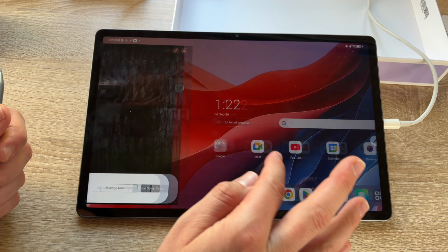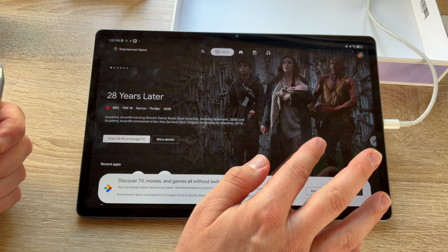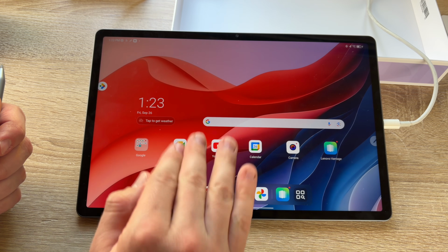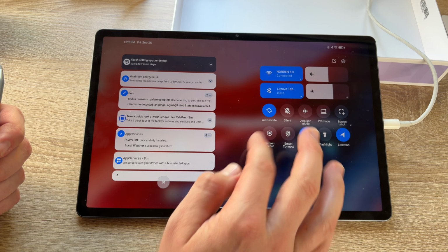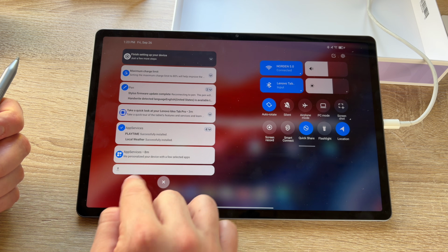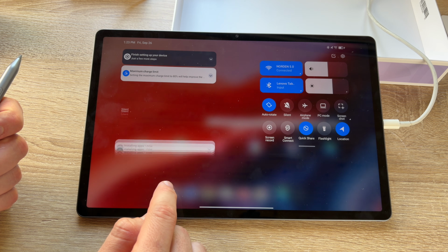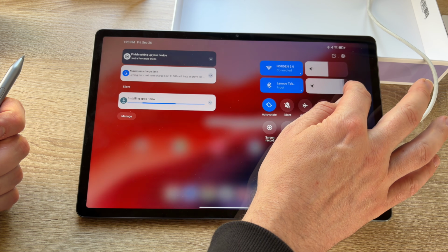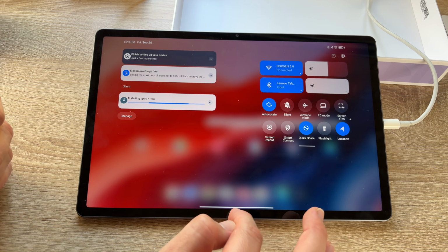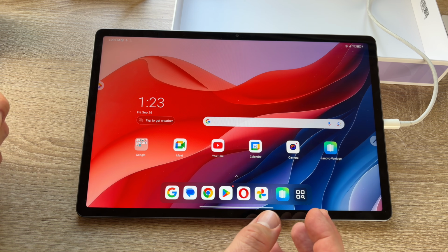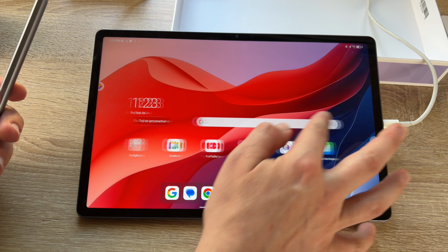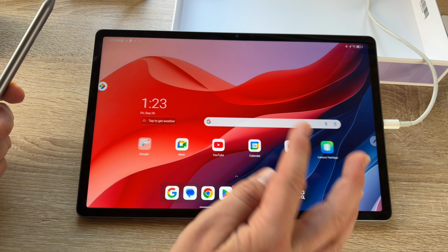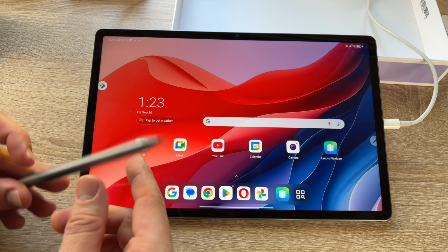And then of course we can go to the left side to go to the entertainment space. As you can see, you can go back by swiping up, then you're back on the home screen. You can go from the center down to see some information, and here the fast stuff to navigate between the system, airplane mode, and something else. Screen recording is available in this area. Of course, you can go to the right side to another page of the home screen. You can go from the bottom up to get back in the scene again.